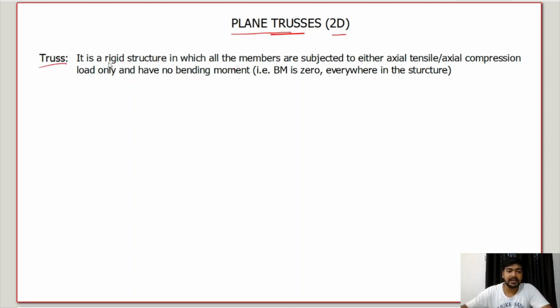It is the rigid structure. Rigid, I told you earlier in the first lecture. Rigid means the structure will not be deformed, right? It will be rigid, it will remain fixed. Its shape and size will not change by giving any load. Okay, so it is the rigid structure in which all the members are subjected to either axial tensile or axial